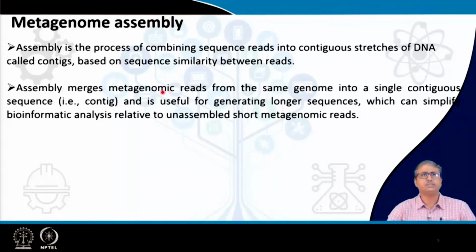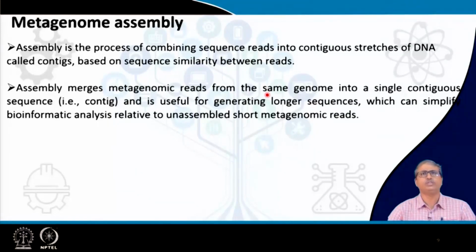Now, assembly merges the metagenomic reads, metagenome derived reads from the same genome, into a single contiguous sequence. The same genome is not visible to any bioinformatician, or even to the computer, but there are certain logics which are used to anticipate that these reads might be coming from the same genome. It is basically some signature sequences or certain other residues which are identified, and based on the bioinformatic program, because there are multiple programs, multiple pipelines developed based on the type of samples,